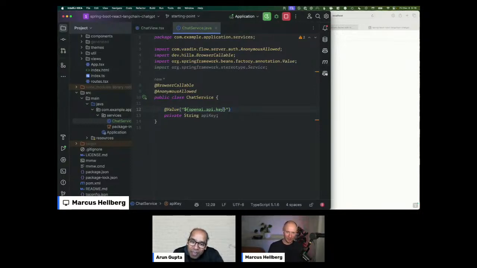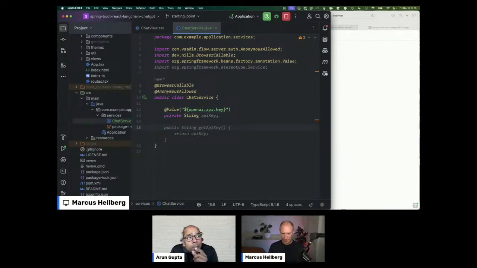Anyway, on my computer, I write a lot of different small demo apps. So I've defined an environment variable that is OPENAI_API_KEY like this. That's in my computer environment. It's outside of the app, so I don't need to have it in my code. By injecting it like this in Spring Boot, we get access to it from our Java code here.